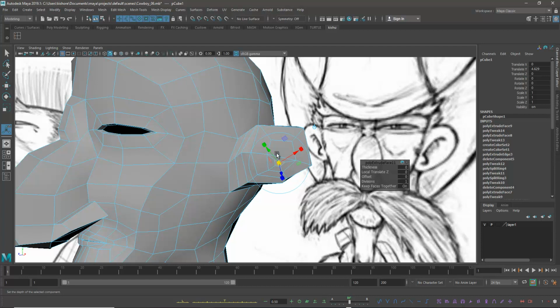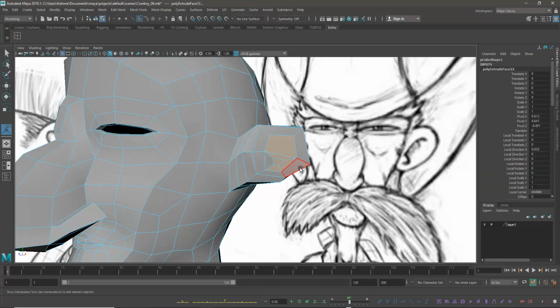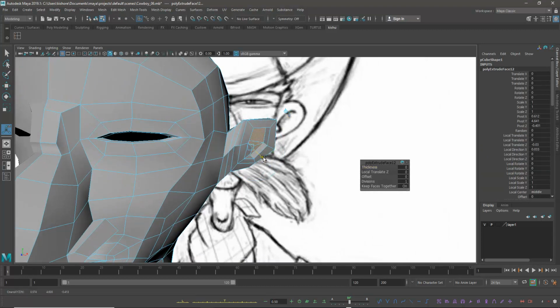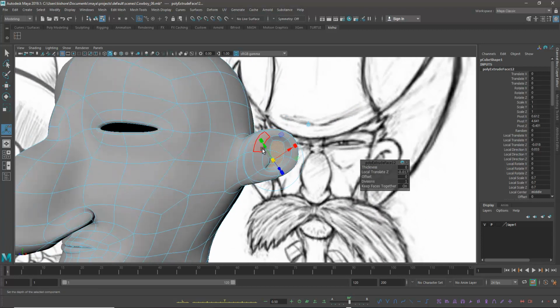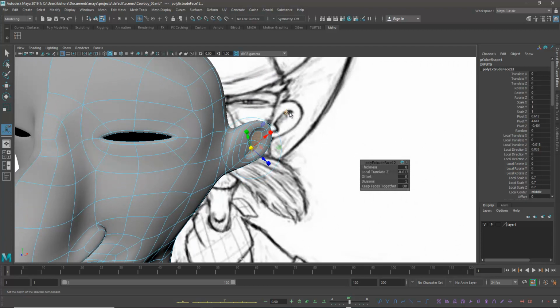So here I'm scaling a little bit like this, and selecting these particular faces. Control E, so extrude inside, something like this, and hit 3. So we are trying to bring that